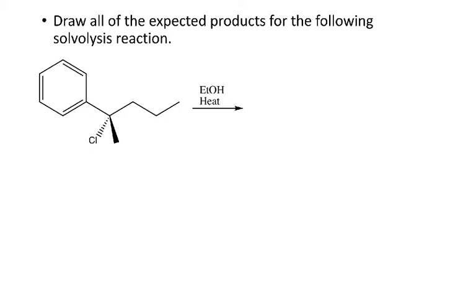Now, in the previous examples, the alpha carbon was not chiral, and so there was only one substitution product possible. But now, because I have a chiral center, we'll have two substitution products. We'll have one that retains the configuration and one where the configuration is inverted. And so our two substitution products